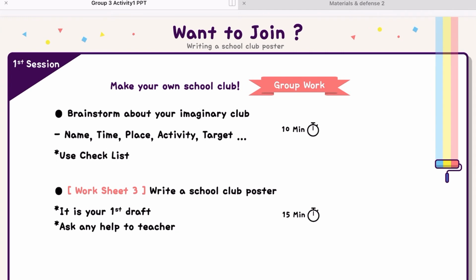At last, we finally reached the time to make your own posters. Woo! First, I'll give you 10 minutes to brainstorm about your club activities. What exactly you're going to do in your club, whom you'd like to recruit. You also have to decide the title of your club, etc. Discuss first about your own club activities before your poster making. Mina, for how long? 10 minutes. Sana, about what? About our imaginary club. Alright, ready, go!